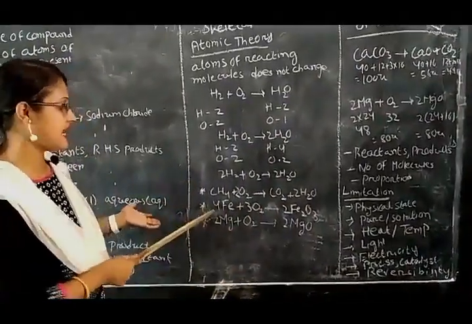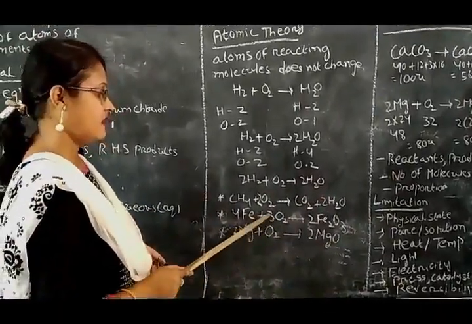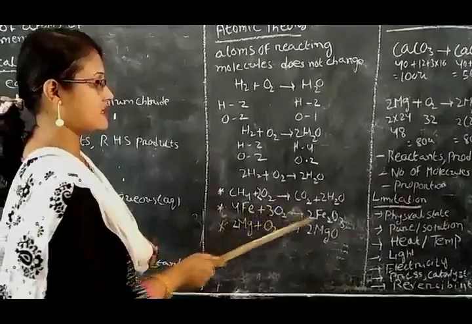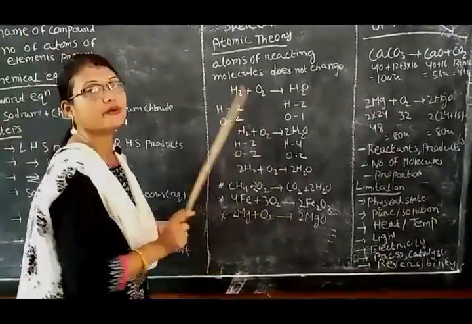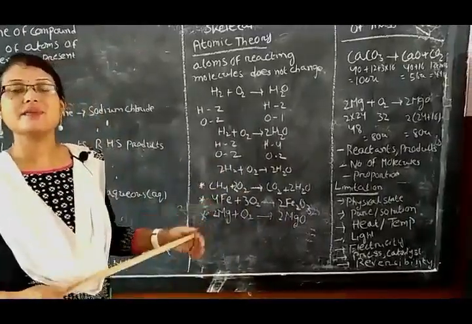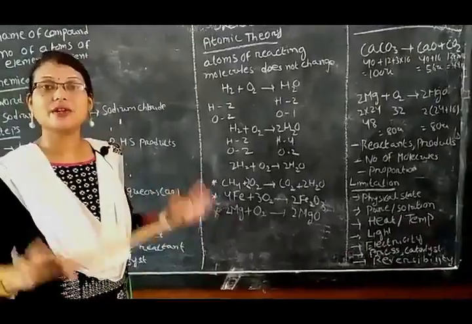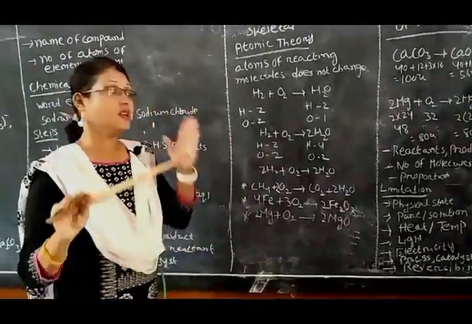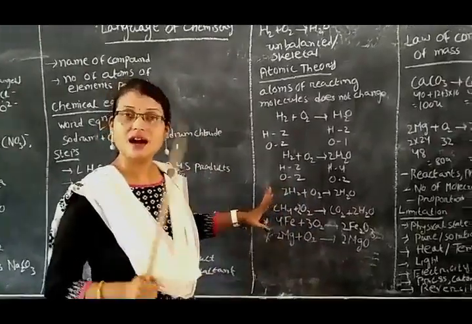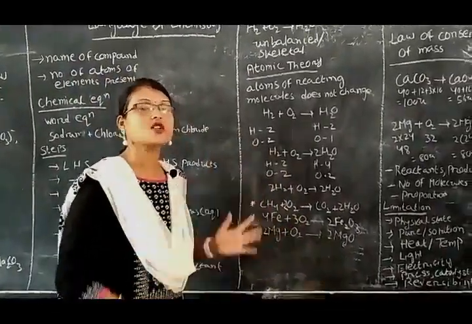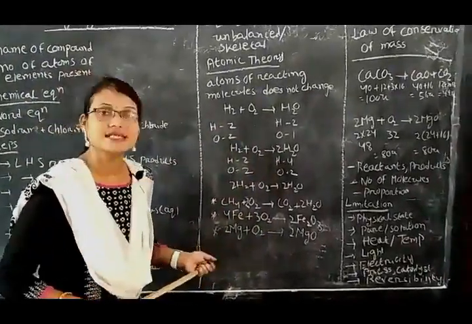So it is balanced. Like here 4 Fe, 4 iron, here 2 2s are 4 iron. 6 oxygen, 3 2s are 6 oxygen, 3 2s are 6 oxygen. 2 Mg, 2 Mg, 2 O2, 2 O2. So in this manner you can balance each and every chemical equation. So listen students, don't leave your equation unbalanced. If you leave it, that is not called a chemical equation. You have to balance the chemical equation by using these steps.